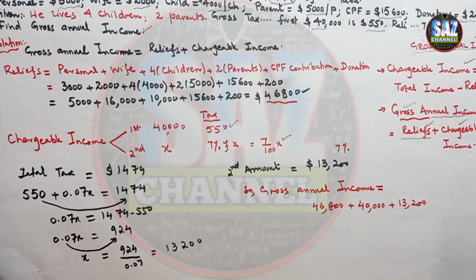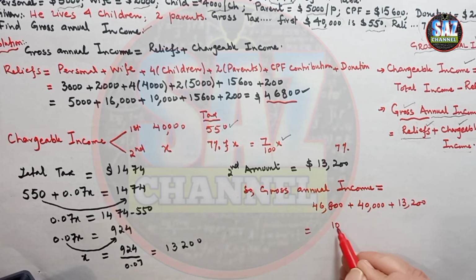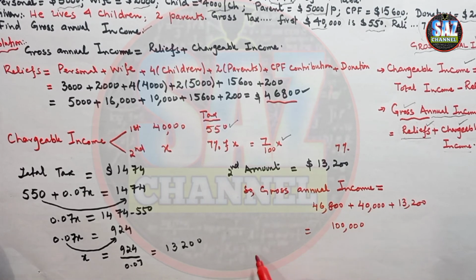Let me add them up. 46,800 plus 40,000 plus 13,200, and the sum that I'm getting is 100,000. Oh, he's a lucky man that he is earning